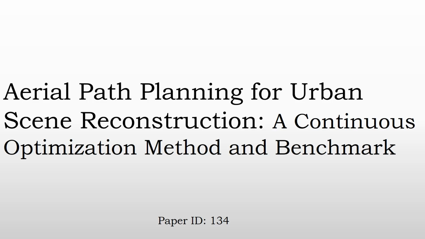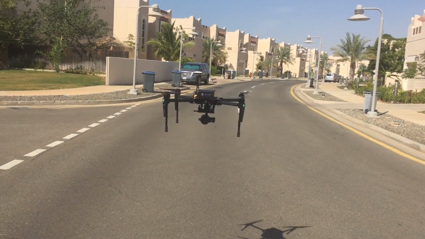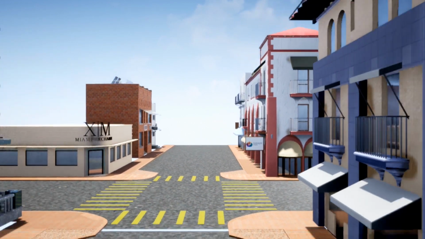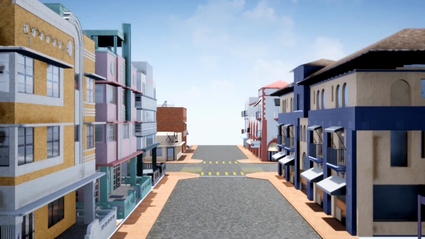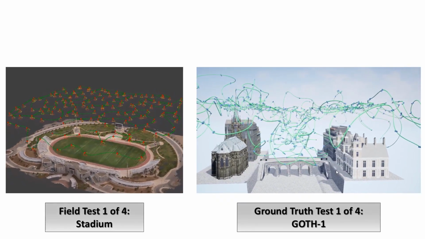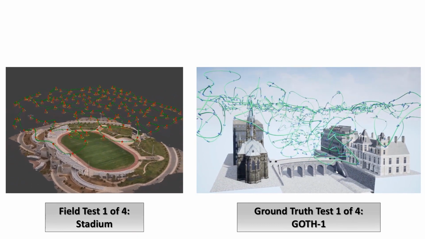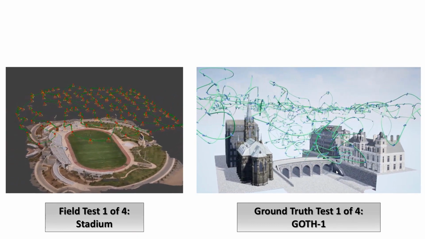We present aerial path planning for urban scene reconstruction, a continuous optimization method and benchmark. In this work, we develop an optimized camera path and view planning system for UAVs that minimizes flight time while achieving complete and dense coverage. We evaluate our continuous optimization method both in real-world field tests and on a new synthetic benchmark for image-based reconstruction